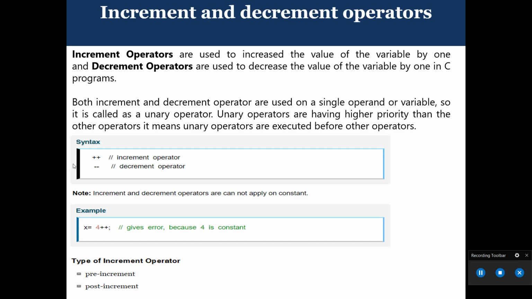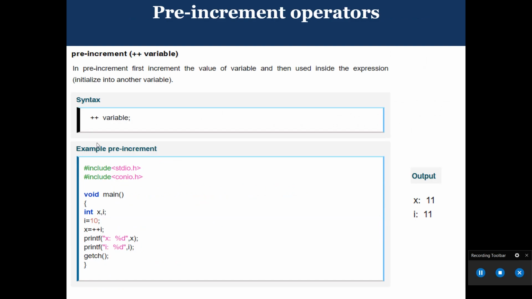For example, x = 4++ gives an error because 4 is a constant. Types of increment operator: pre-increment and post-increment. Now we can see the pre-increment operator. The pre-increment operator first increments the value of the variable and then uses it inside the expression, meaning it initializes into another variable. Syntax of pre-increment operator: ++variable_name;